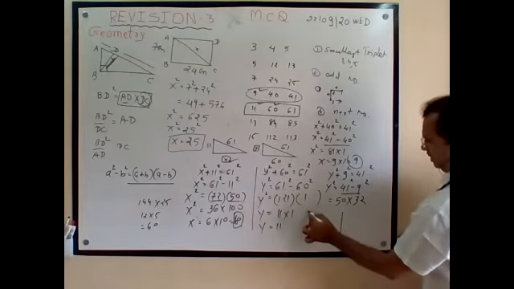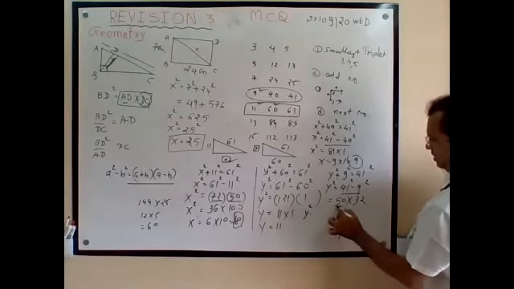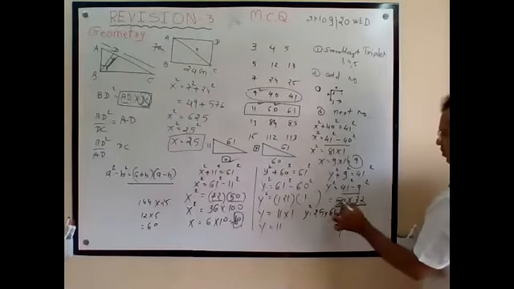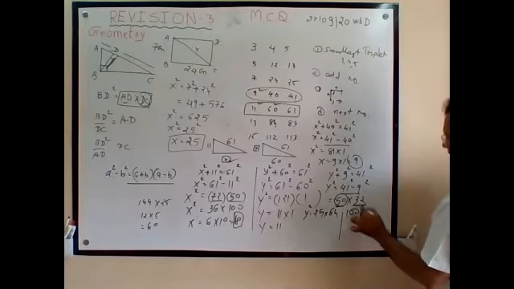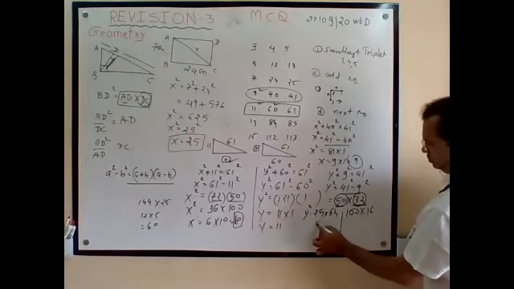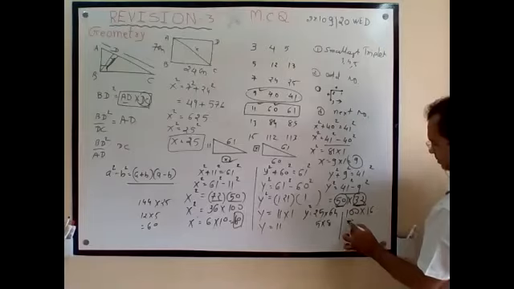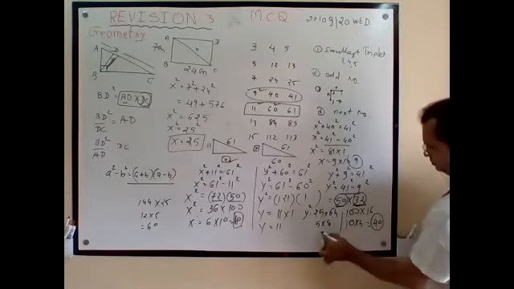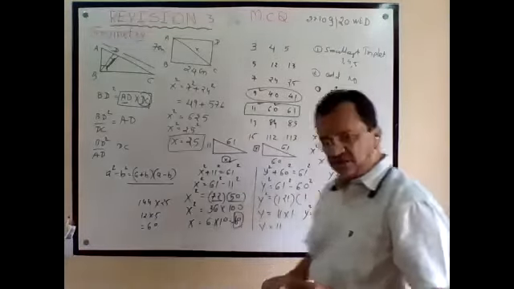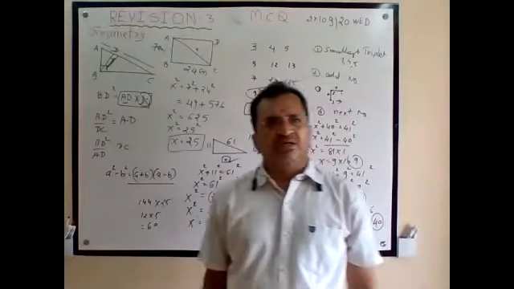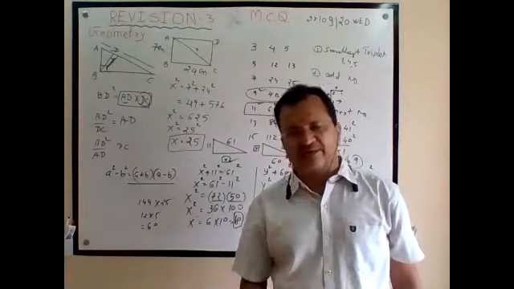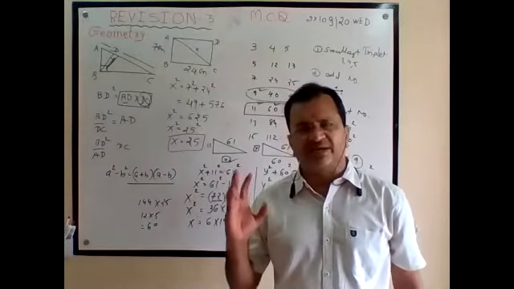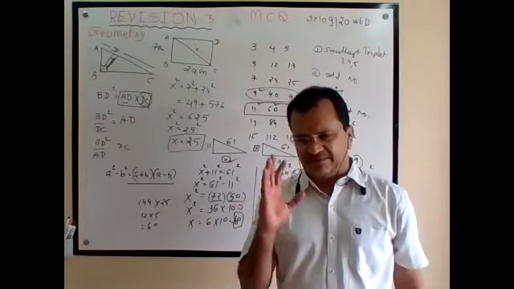So do it by both methods. I will make this half and this double, one half, one double. Or I will make this double and this half. So 5, 8, 10, 4. So these are lots of short calculation methods. In the exam, you can save your time, and with less calculation, you can get the perfect answer.